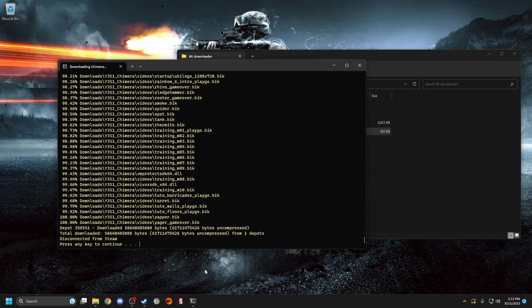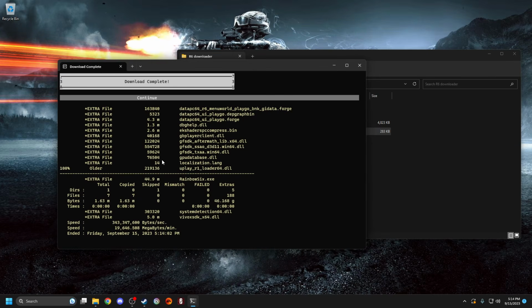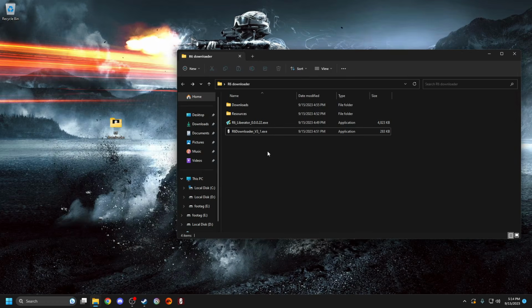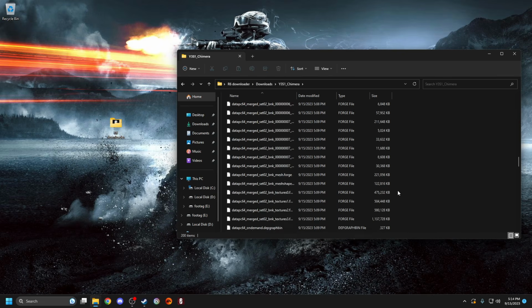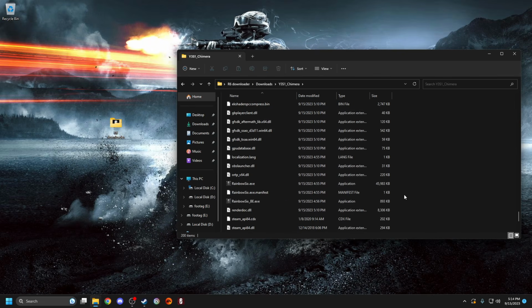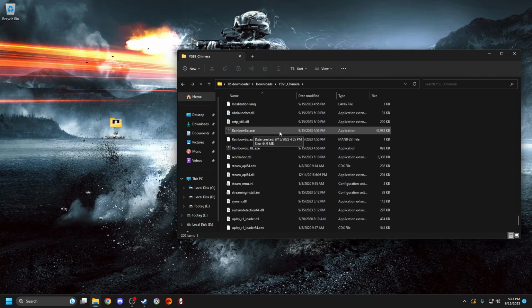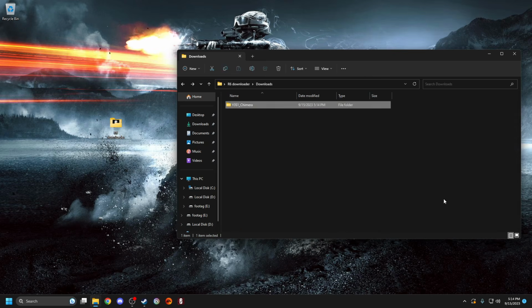Once the download is completed, it will look something like this. Once you press the key to continue, it will bring you to this screen. Honestly, you don't really need to see this. You can just close out of it. Once you download any version of Siege, a downloads folder will automatically be created with all of the contents inside of it. Once you scroll all the way down, you will see the Rainbow Six executable file where you can launch the game. Before we do that though, we need to go to the resource folder,